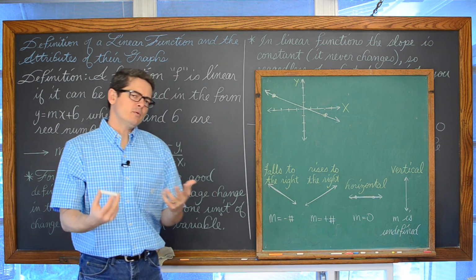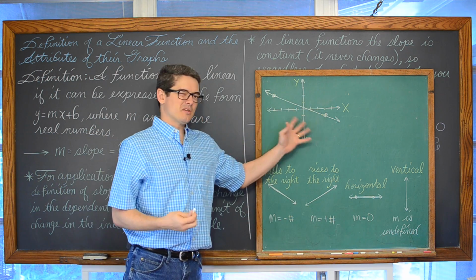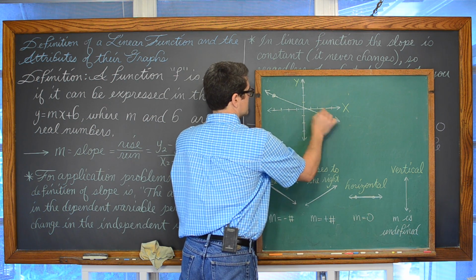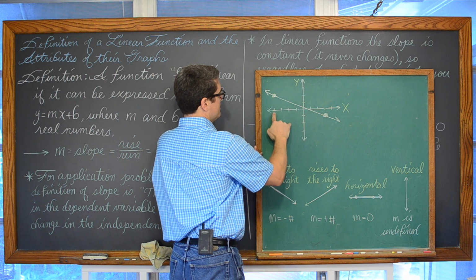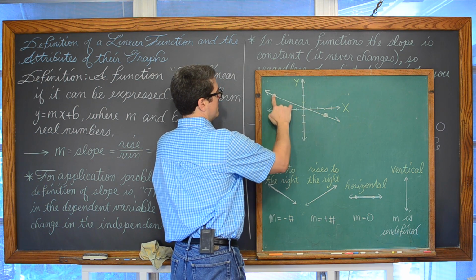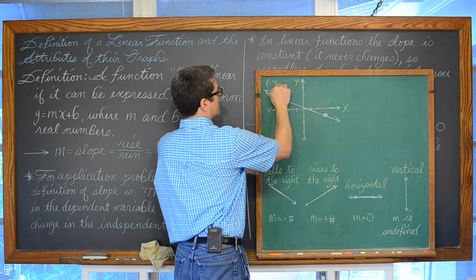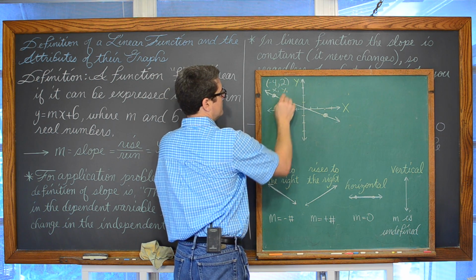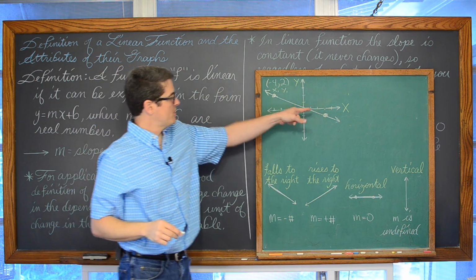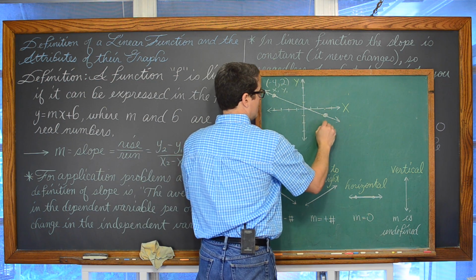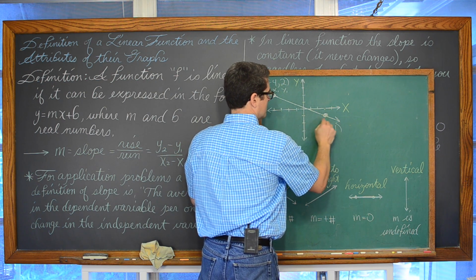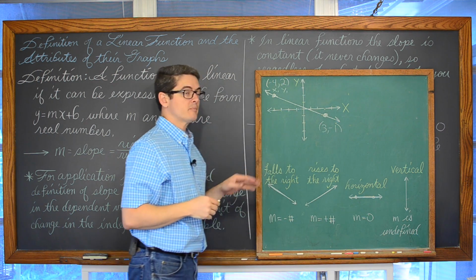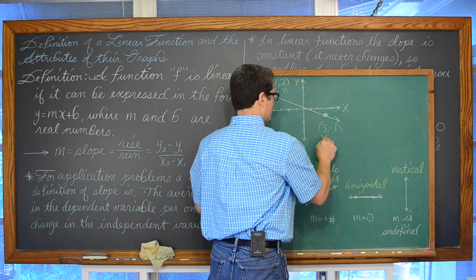Well, we need to identify a couple of points, and I'm not doing this on graph paper, so I'm identifying the 2 points that I want to use with some white dots just so that they're clear. Negative 4, 2: left 4 and up 2 is negative 4, 2. We're going to call that point 1. And this point over here is 3, negative 1, because from the origin it's right 3 and down 1, and that down movement shows up as a negative y. We're going to call that point 2.